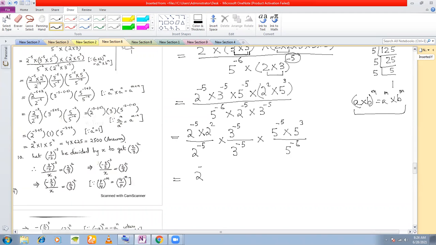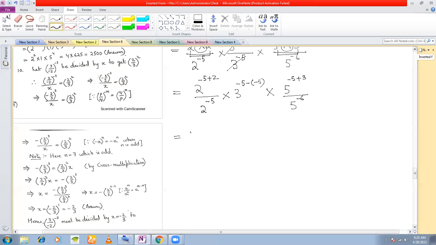2 to the power of minus 5. Here you can add the powers because you have a multiplication sign in between. The base is the same. Can't we cancel this first? Yes, you can cancel. Divided by 2 to the power of minus 5 into, now here you can write this as 3 to the power of minus 5 minus of minus 5, right? Which actually becomes 3 to the power of 0, or you can cancel here also. Okay, no problem. Into, now here you can add up the powers in the numerator, 5 to the power of minus 5 plus 3, because multiplication sign in between, bases are same, divided by 5 to the power of minus 6,